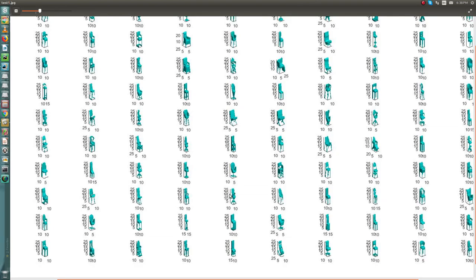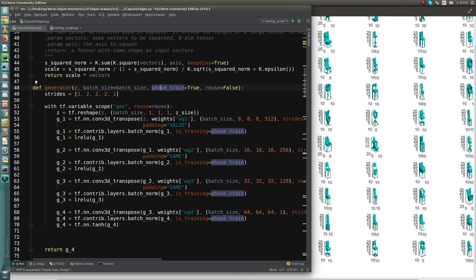Okay, and why do I introduce CapsuleNet? Because it has the benefit that if you take the picture in any position, my model would be able to create a really realistic 3D outcome CAD model.